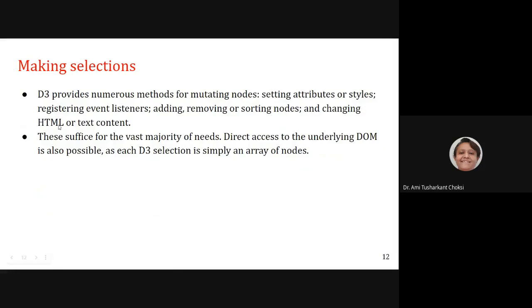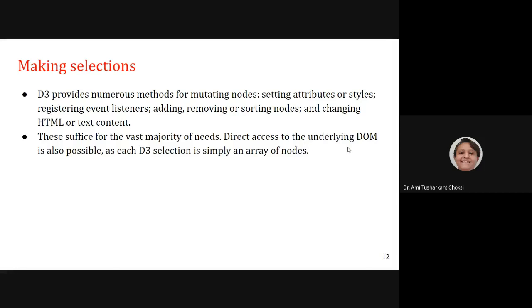Now, D3 provides numerous methods for mutating nodes: setting attributes or styles, registering event listeners, adding, removing, or sorting nodes, and changing HTML or text content. This suffices for the vast majority of needs.